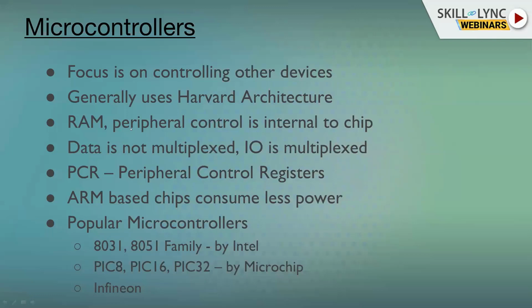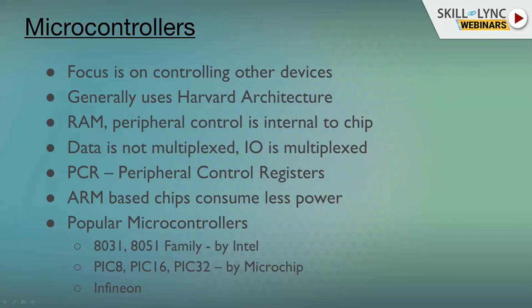So the microcontroller's main job is controlling. Controlling what? Controlling peripherals. Now this peripheral can be an input-output device or an industrial control device. Even rockets are very complex systems. Even if you look at your mobile phone, it is the same case. You will find one controller controlling the camera, one controlling the touch screen, one controlling the different keys, but there will be a processor based on ARM Cortex, something like that.